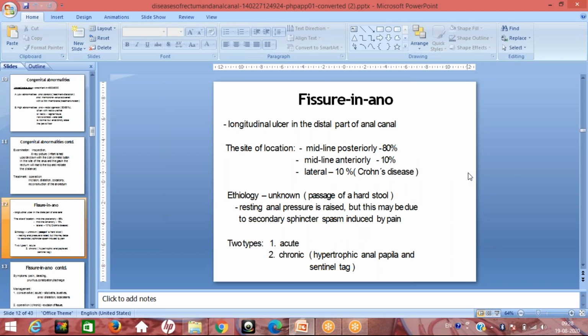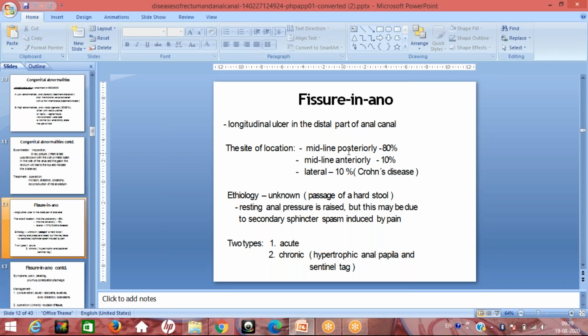So coming to the benign diseases of the rectum and the anal canal, fissure, I think we discussed in our previous class. Fissure is a longitudinal ulcer in the distalmost part of the anal canal. The predisposing factors include chronic constipation and passage of very hard stool. This passage of hard stool can cause minor trauma, which coupled with the sphincter spasm and the high anal sphincter tone prevents